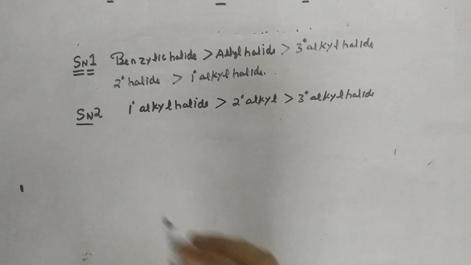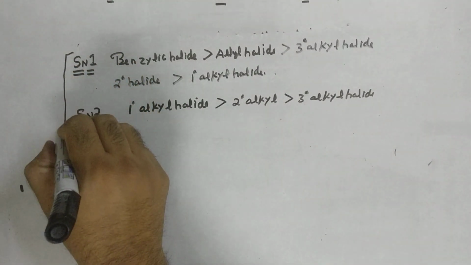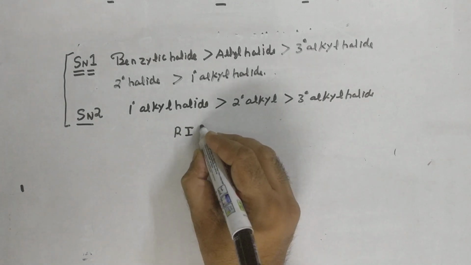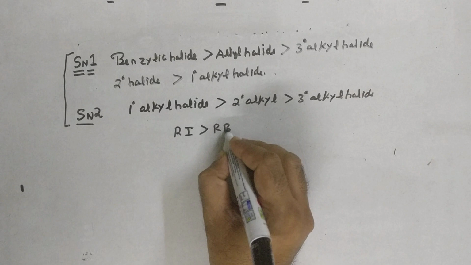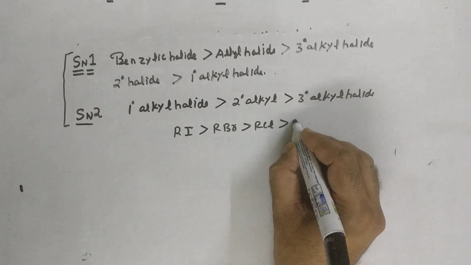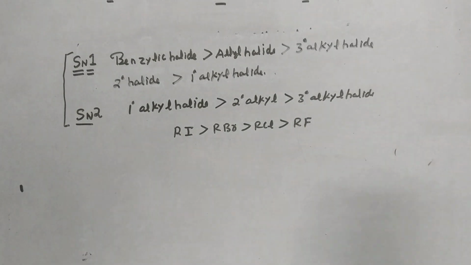And you do know whether it is SN1 or SN2 mechanism, in both of them, who reacts the best? It is the iodides, followed by the bromides, followed by the chlorides, and the most lazy one to be replaced is your fluoride. So today, what we are going to discuss are the questions based on these concepts only. And as I am discussing the questions, you should try these questions along with me. Okay? So let's start the questions one by one.